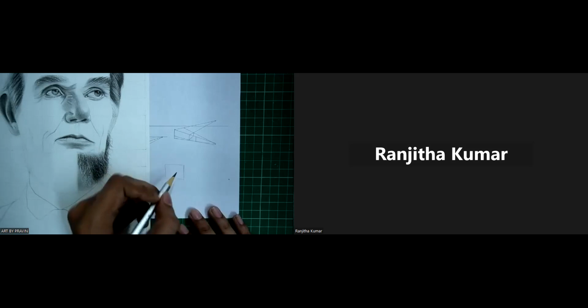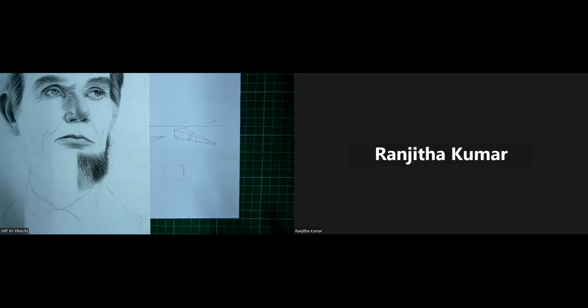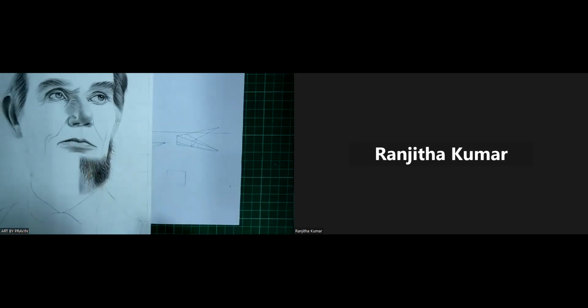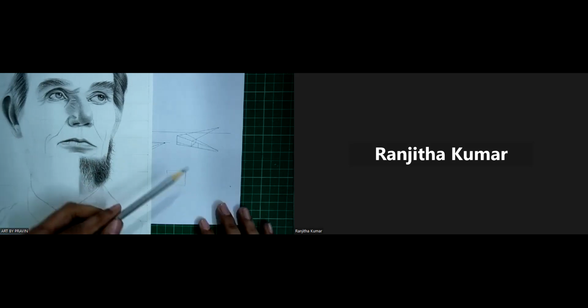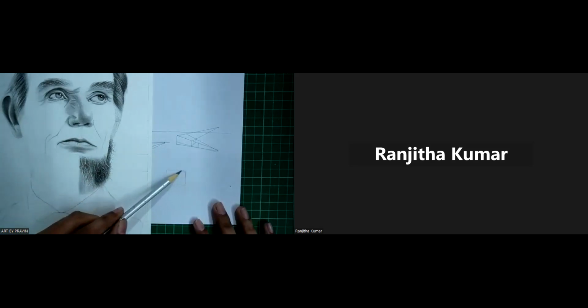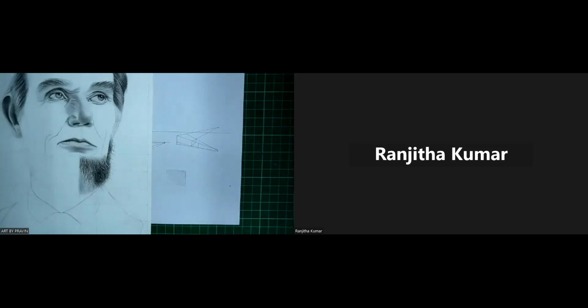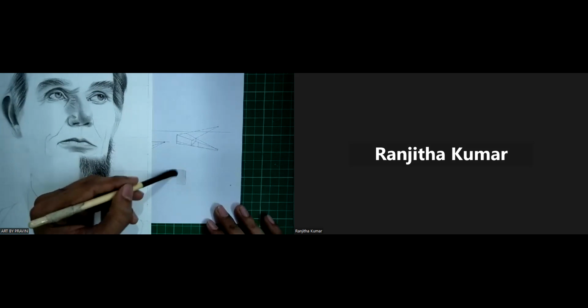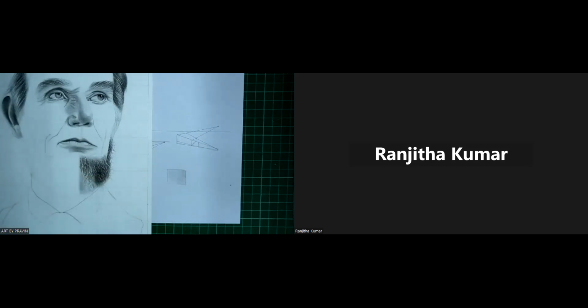Give your maximum time, do it very slowly, observe it very slowly, and follow the process that I have shared with you. First, do the base layer. Then after the base layer, we will blend it, right? Then after blending,